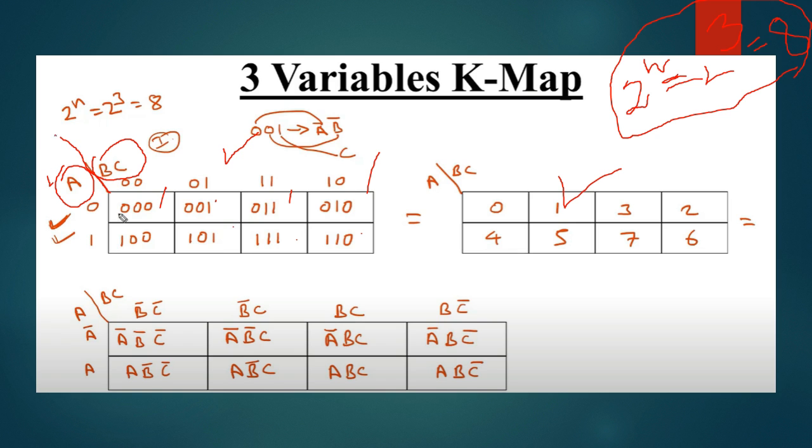As we all know, in the left hand column we have only one variable, that is A. So we have 0 and we have 1. These are the possible combinations that we may have for A, right? Is there any other combination possible for A? No, because it's a single variable. What about BC? BC has 2 variables, so these are the possible combinations we will be having. First we can write 0 0, then we can write 0 1.